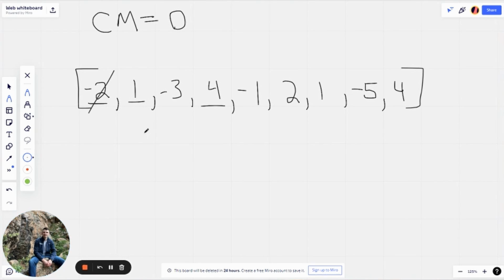Okay, now we have 1. Is that greater than our current maximum? It is. So now we have a new maximum of 1. Great. Now we're going to move to the next index. Since we have our current maximum, we're going to include the 1 and check if the next value creates a new current maximum. So 1 plus -3 is -2. Now the question that we need to pose is, obviously this is not our new current maximum, but